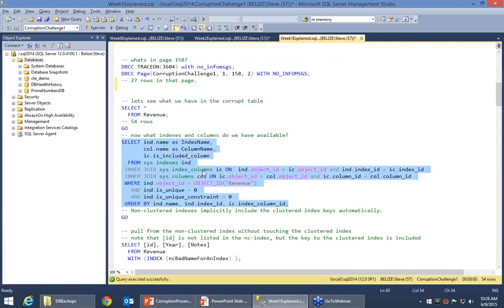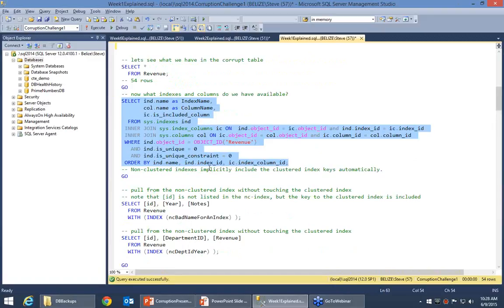So I have a query here that I use to look up from sys.indexes, index_columns, and columns to find out